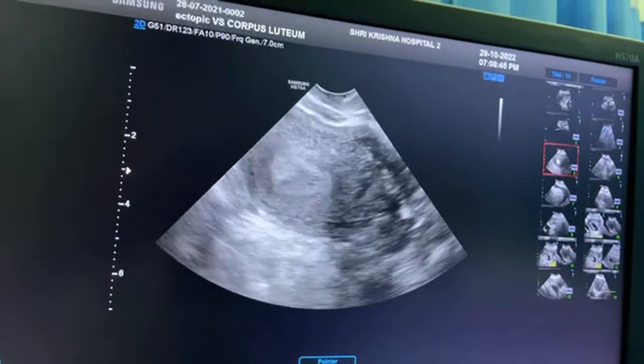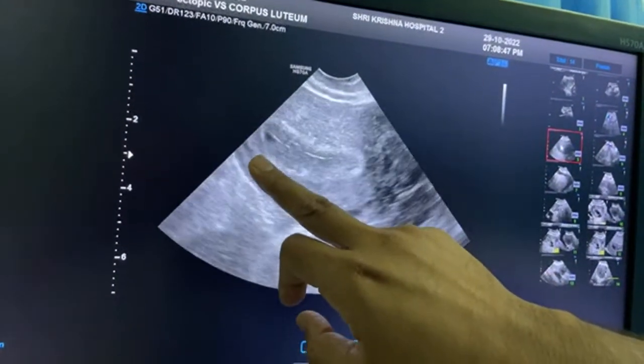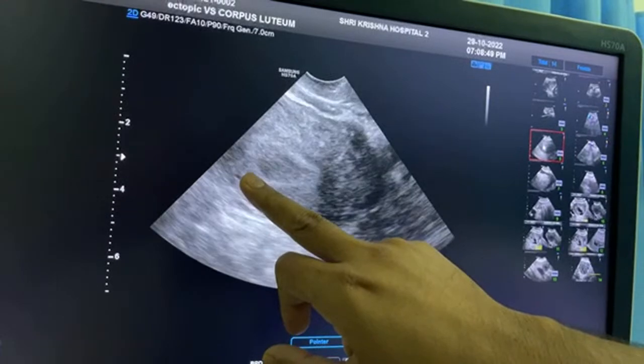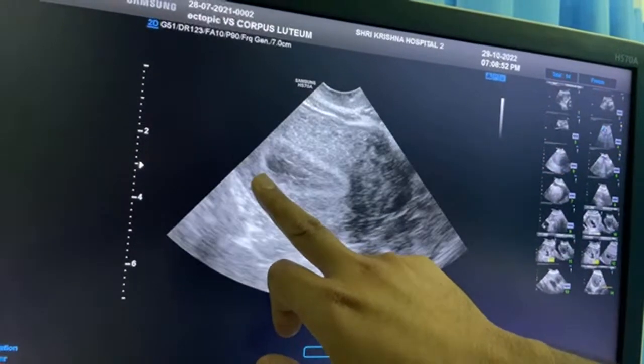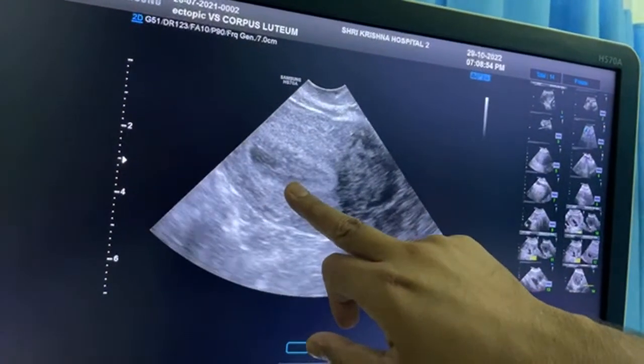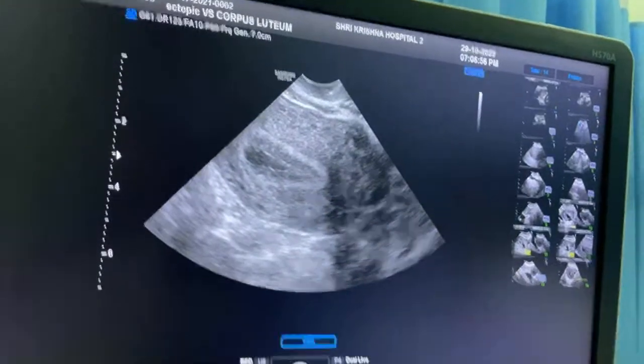This is the TVS picture. We are seeing some free fluid. In ectopic you may see free fluid and a pseudo gestational sac. So how to differentiate free fluid and pseudo gestational sac from a true gestational sac?